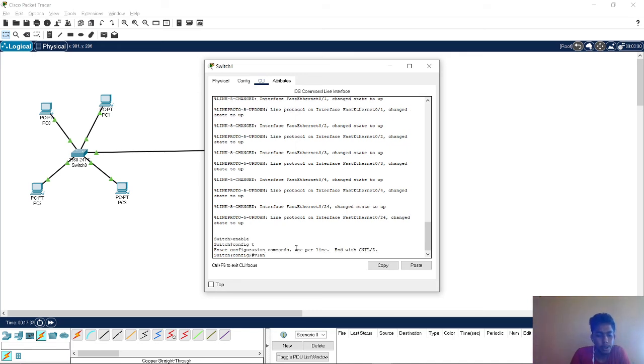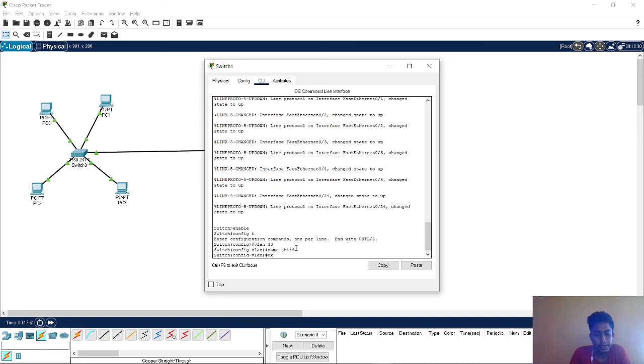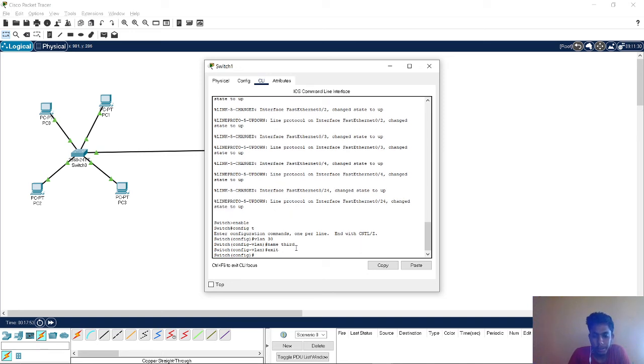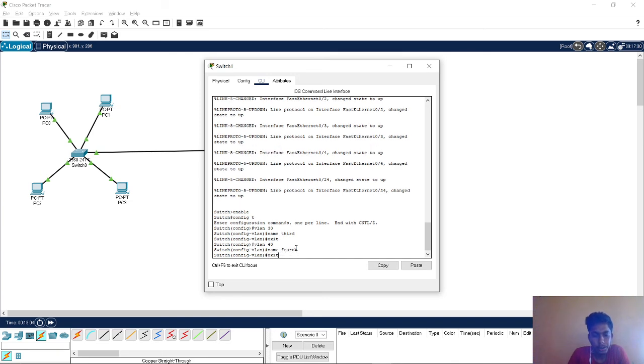VLAN 30 here, and the name of the VLAN is third, and I'm going to exit. Same way I'm going to create VLAN 40, and the name of the VLAN is fourth, and exit.